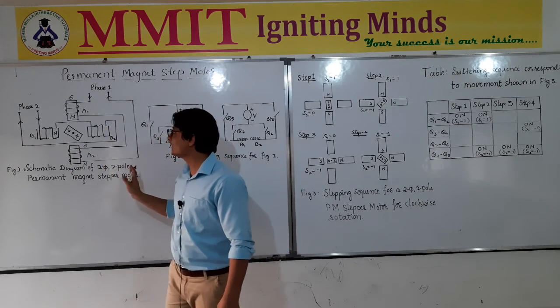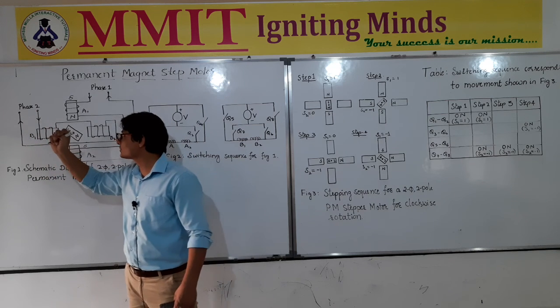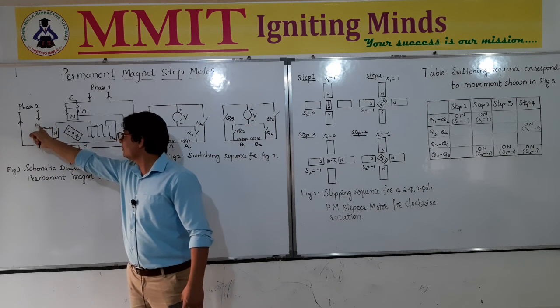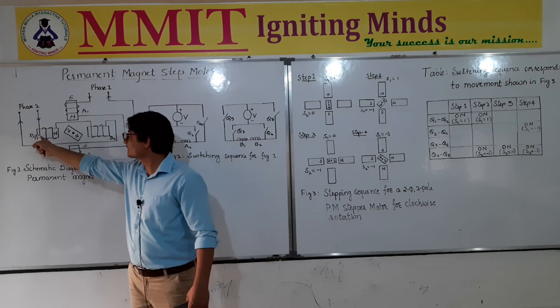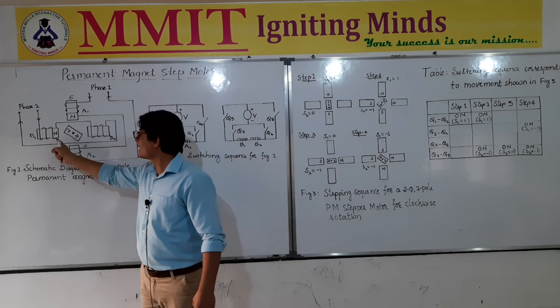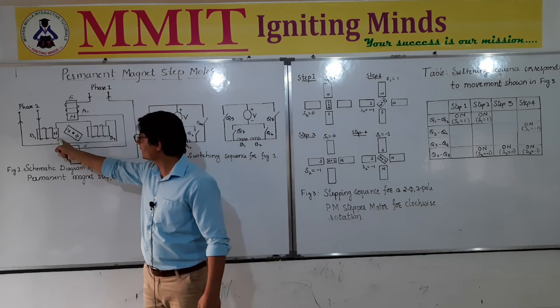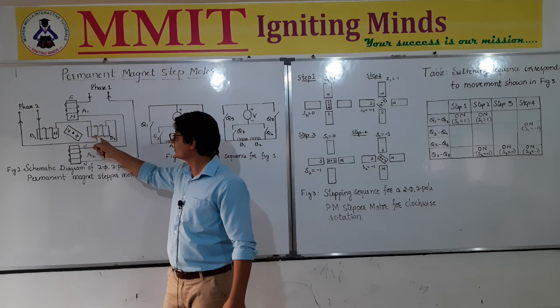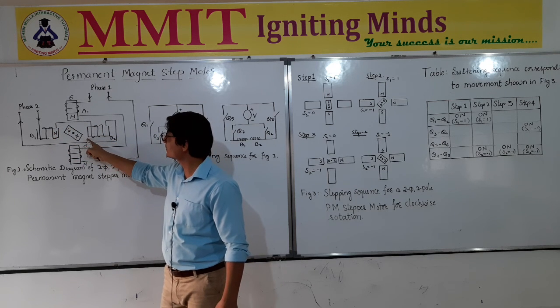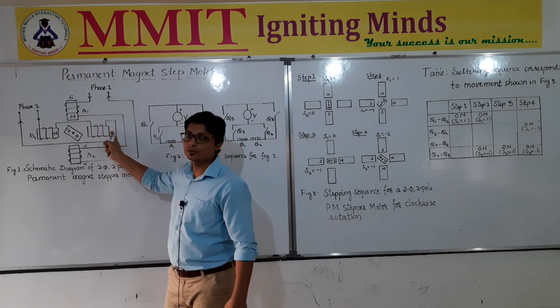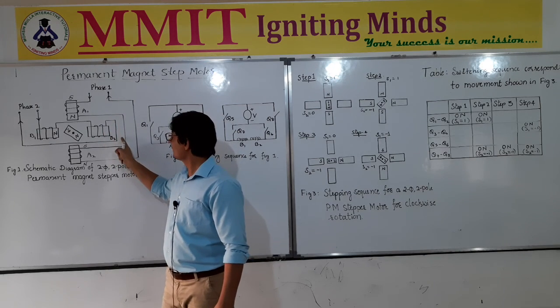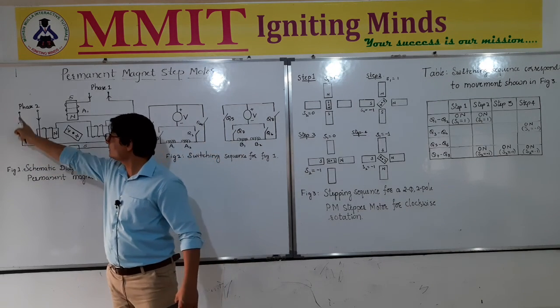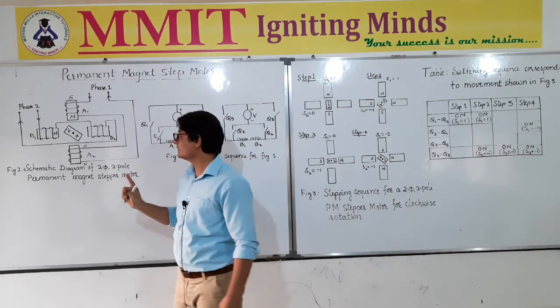Similarly, for the second winding, we can see that it is called phase 2 winding. So here current is entering from this side, so obviously this side is going to be south and this side is going to be north, it is indicated. Then similarly here it is going to enter from this side, so it is going to be south, and another is going to be north. Then finally the winding comes back and it goes to the negative terminal of the voltage supply.